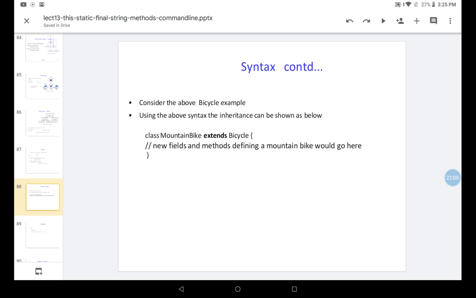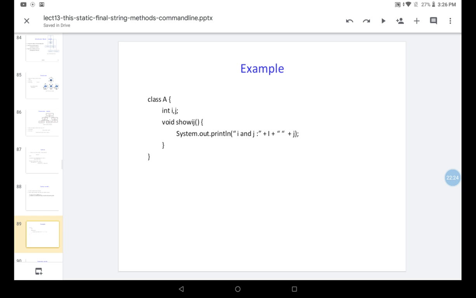So how do we create the MountainBike class? Class MountainBike extends Bicycle. So what are the new methods and fields defining a mountain bike? We'll go in the braces. Okay. For example.